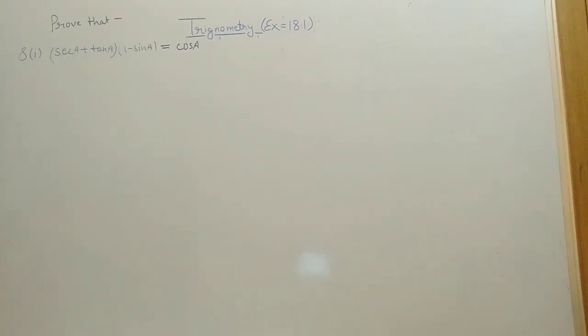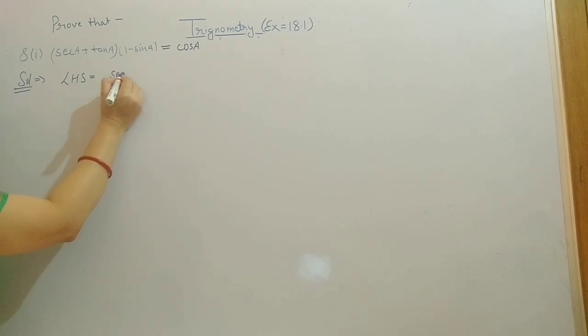Next question number 8. From 8th, proving questions have started. In these type of question we have to take bigger side and we have to prove another side, with the help of identities. So in this question you can see left side before equal to, this is left side, and after equal to, that is right side. Always take the side which is bigger. So here left side is bigger, and we will take left side.